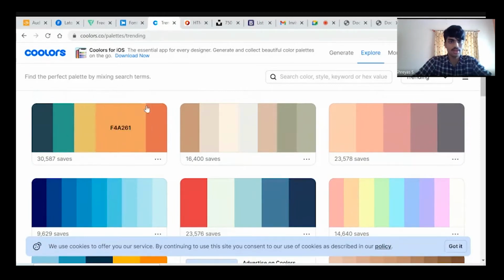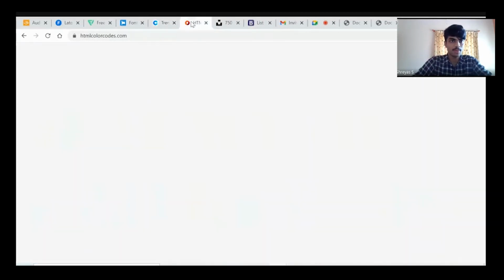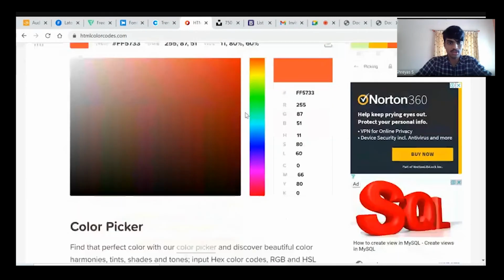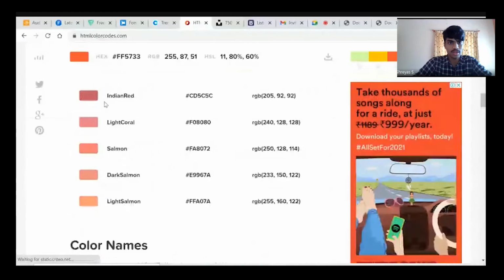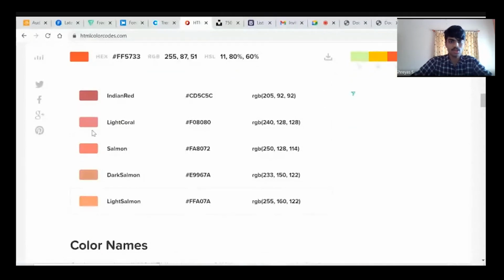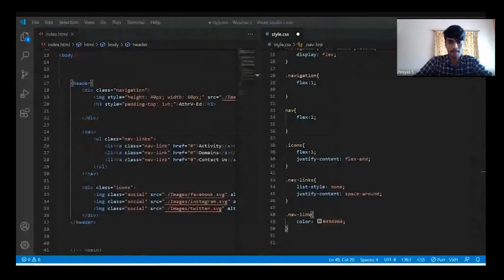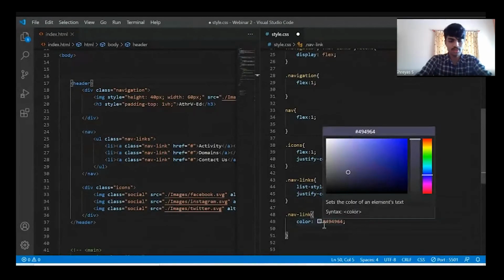This is for color themes. There is a different website called HTML Color Codes. In this, you can see how the color varies just by varying the numbers. See, just by varying the numbers and characters, the color has different patterns. So you can use the same hexadecimal code. You can just copy and paste it if you need it. So, color codes.